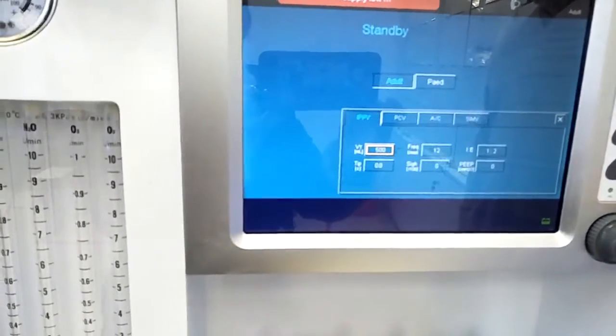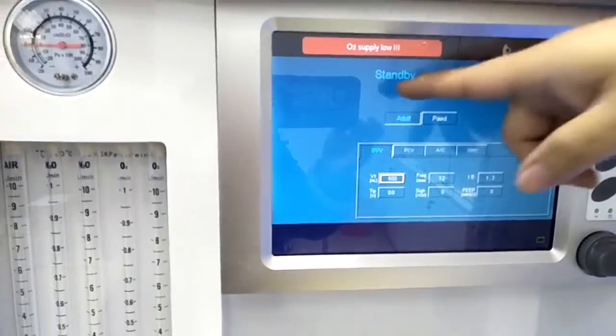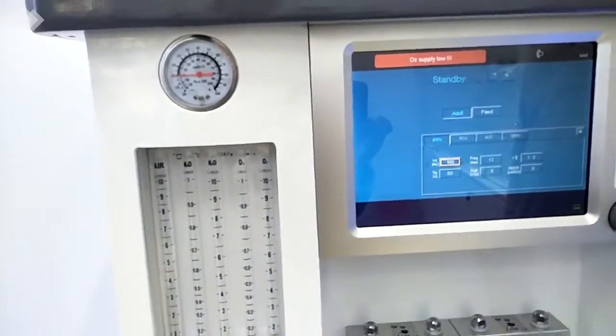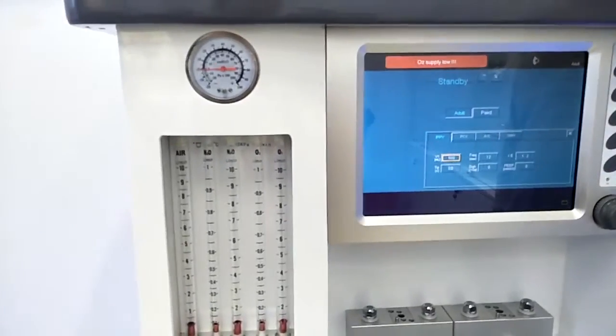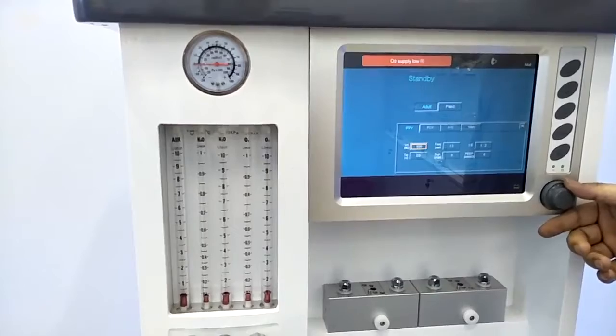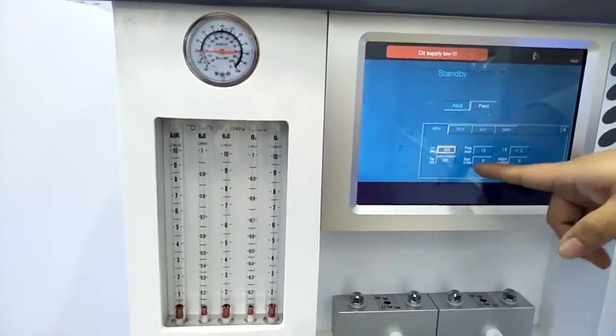For the ventilation mode, it has IPPV, PCV, SIMV, and also, as we can see here, the standby. So that's why we can see the machine. We have both the volume control and the pressure control mode. Under each of the ventilation modes, we can check the tidal volume, frequency, IE ratio, time, and also sigh